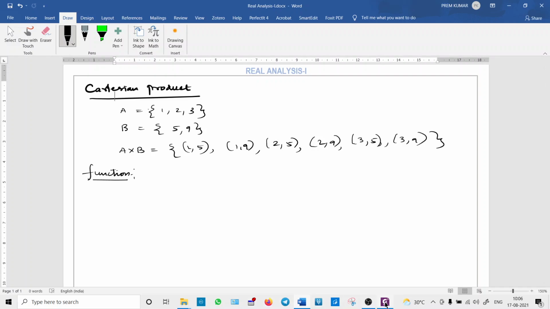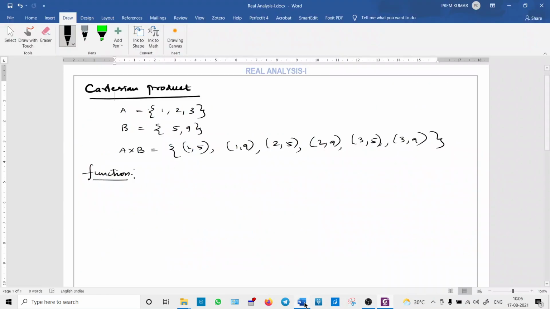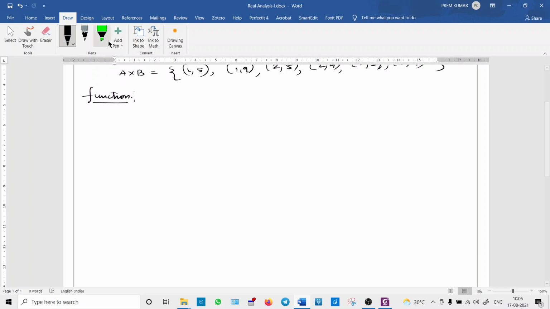You see this definition, just now we saw, a function f from a set A into B is a rule of correspondence that assigns to each element of A a unique element in B. This is the definition. Okay, so see here, for example, I am starting with an example. Suppose you take any sets A and B. Suppose this is one set A, this is the other set B. I am considering only real numbers, both A and B are real numbers only we consider. Suppose this is a, b, c, d and e. Suppose there are 5 elements.